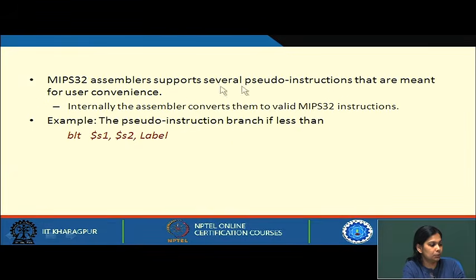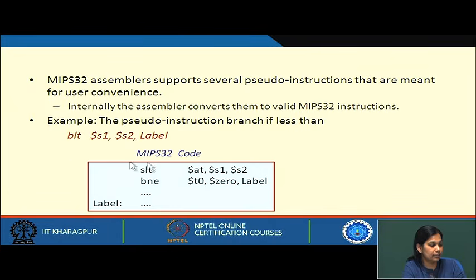So, the MIPS 32 assembler supports several pseudo instructions. This I have already discussed previously. They are meant for user convenience, but even if they are pseudo instructions, internally they have to be converted into some valid MIPS 32 instruction. So, some pseudo instructions we already have, like branch less than. This instruction will get converted into